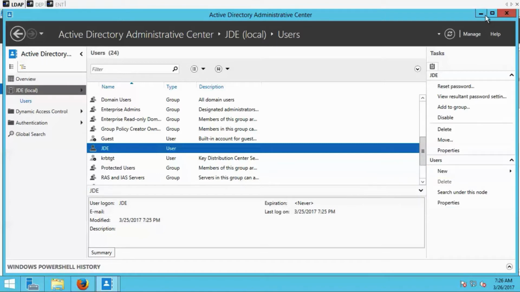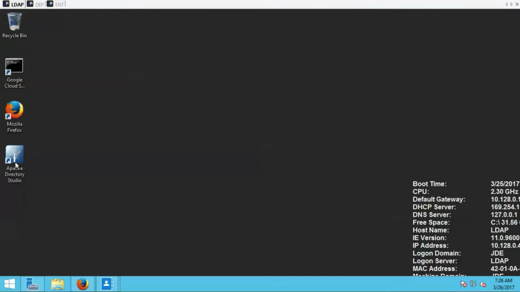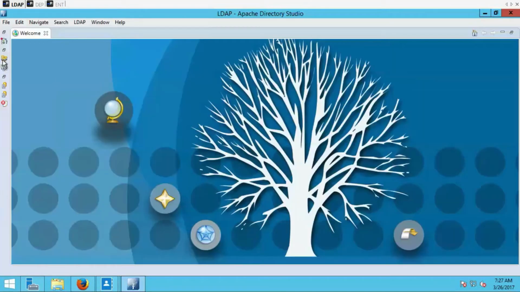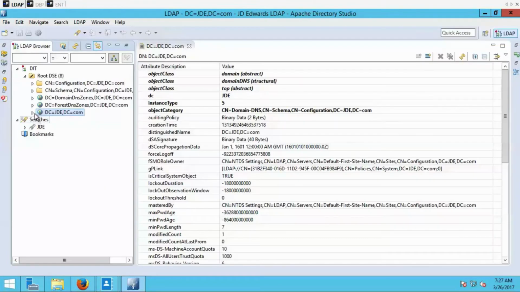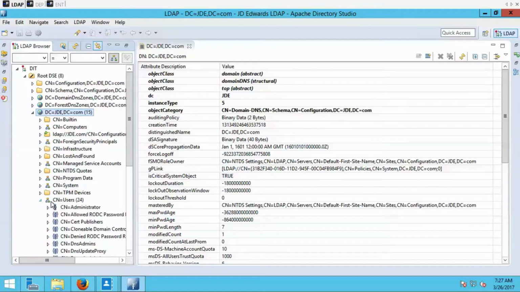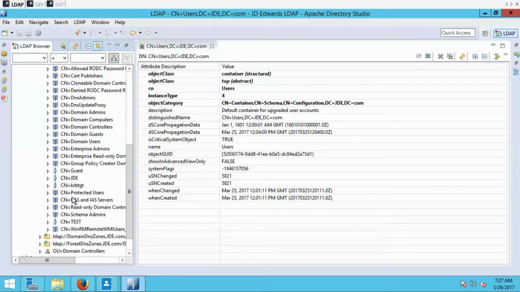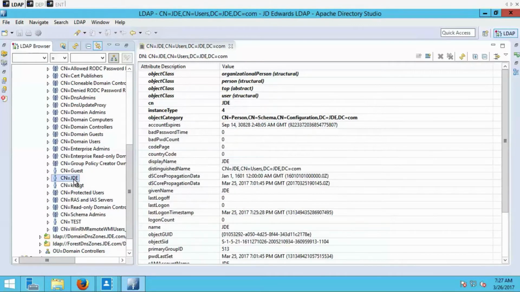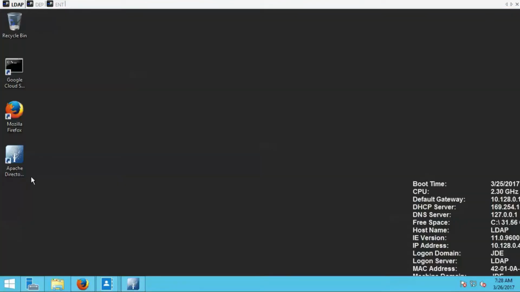There are a lot of third-party browser applications that you can download and use to see Active Directory. We're going to use the Apache Directory Studio. Here you see we already have a connection set up, JD Edwards LDAP. And we click on the domain again, and then we can find the users. All the users are listed here. We scroll down and find the system name again. There it is. We click on there. We just have to ensure that this name is the same name we're using in JD Edwards to access the database. So let's minimize this browser and let's go to the DEP